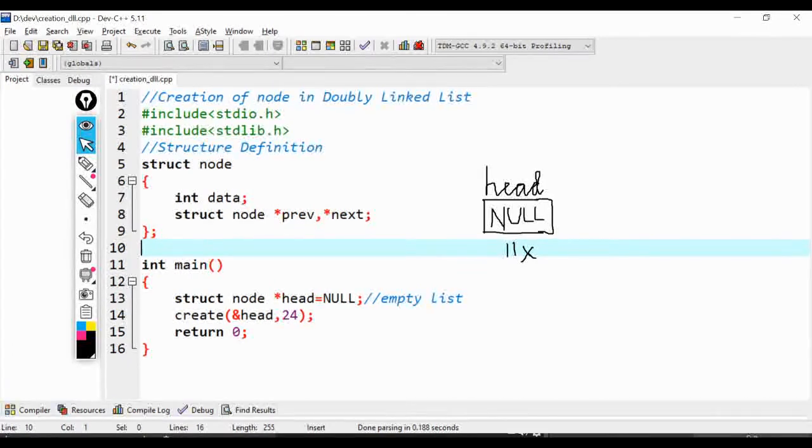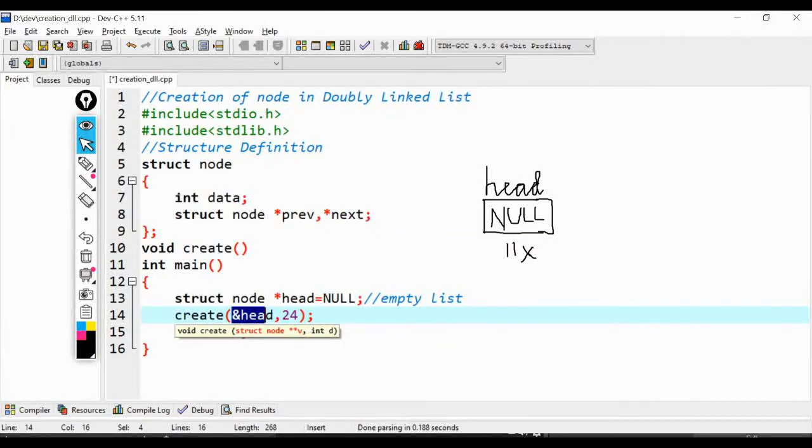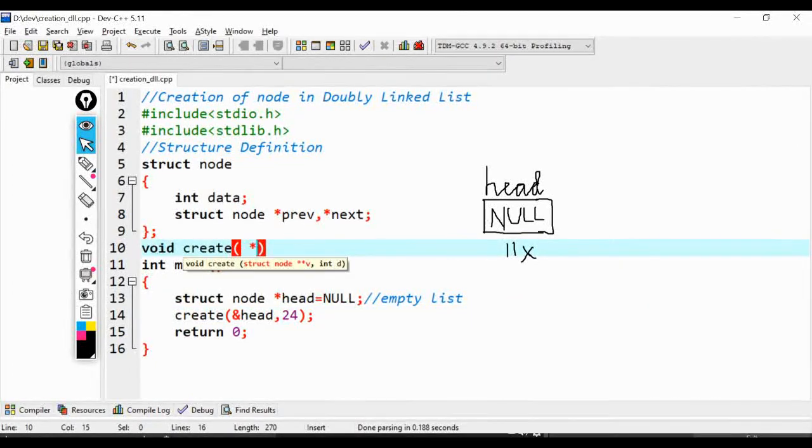Now let us write the function definition. Void will be my return type as we are doing all the changes in the address directly. Create will be my function name, and I require two parameters here. One for receiving this particular reference, that is address, and one for receiving this integer value. As you know, to receive an address, we require a pointer variable.